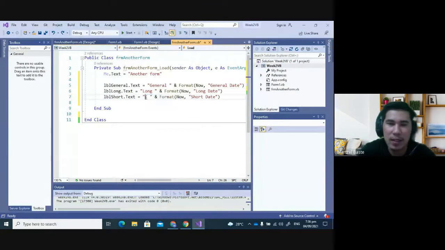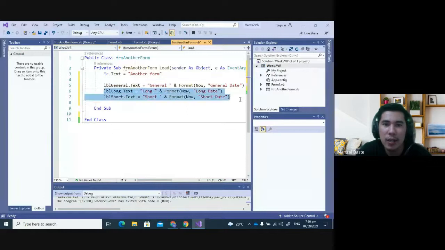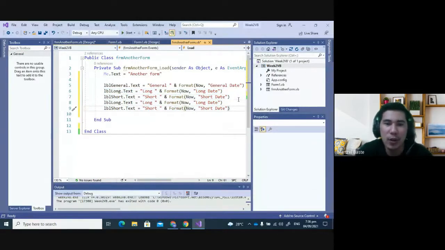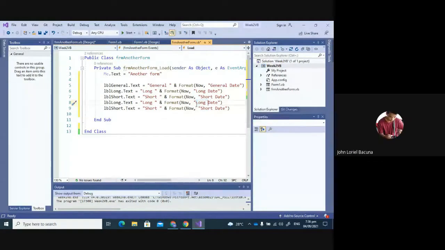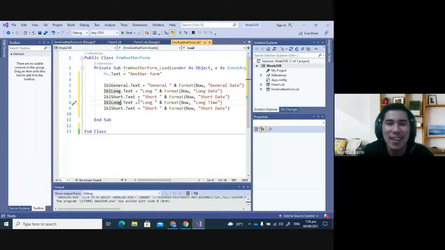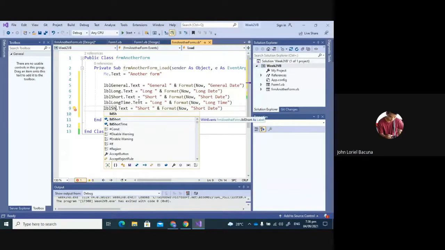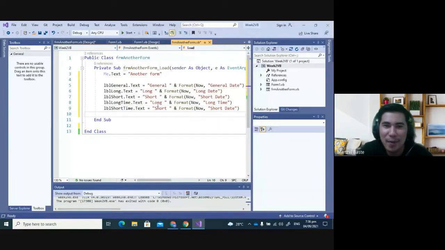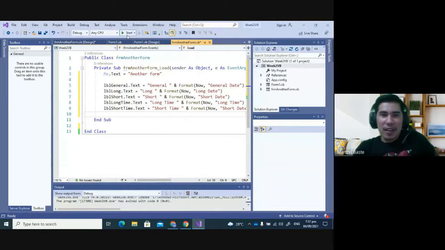Then there is short date, and long time, and then short time. So short time. Long time. And then long time, short time. Okay. So if we run this one,